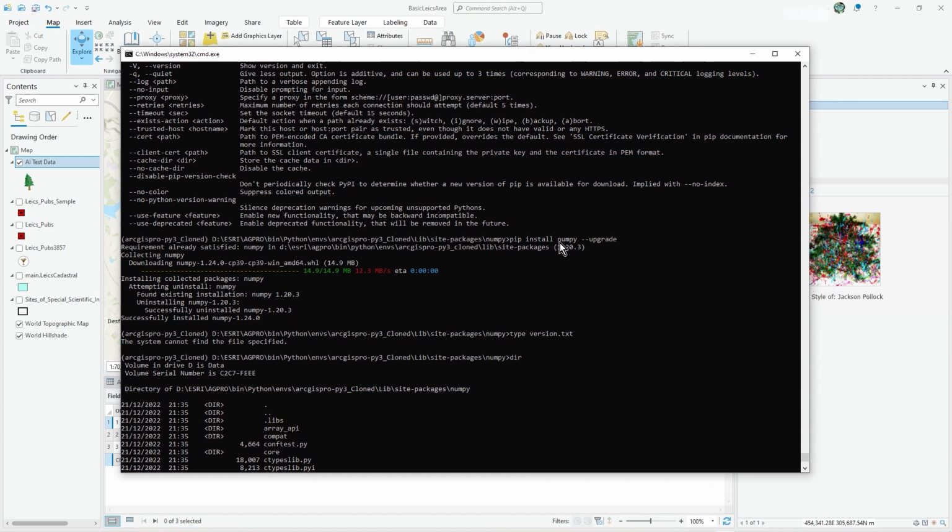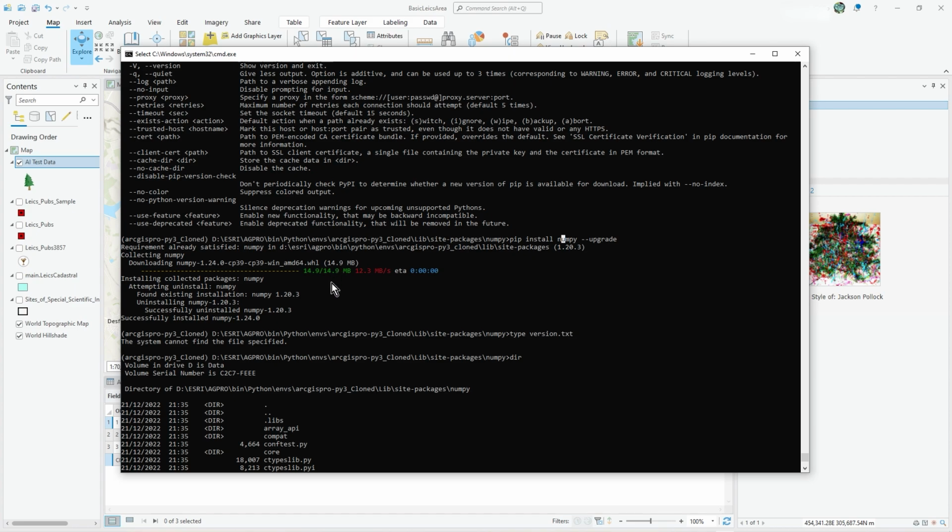Now, if you get that, what you need to do, in your cloned environment, notice it's in the cloned environment, yeah? Go to that folder and upgrade the numpy package, using pip: pip install numpy --upgrade. Now, when I ran that, I did notice it found an existing installation of 1.20.3, but it installed 1.24. So it's definitely a bit of an upgrade that happened there, and that fixed my error messages immediately once I did